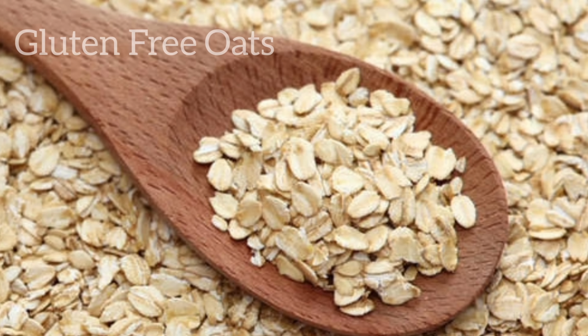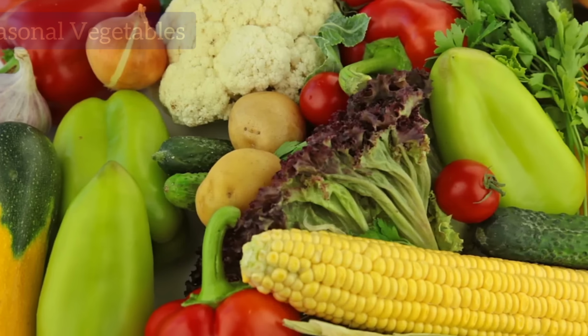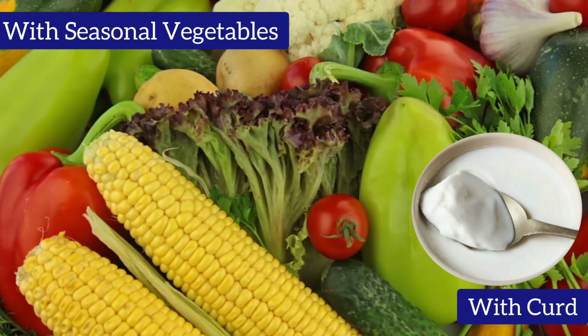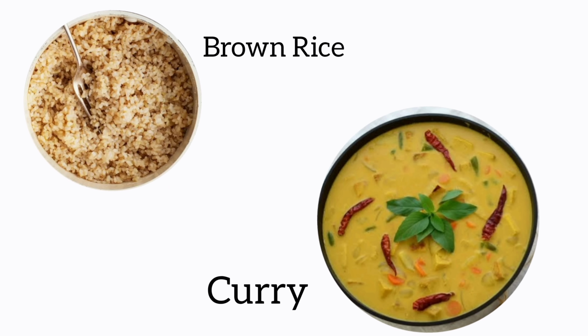Oats roti can be prepared by grinding gluten-free oats at home and preparing a flour out of it, and preparing fresh chapatis with oats flour. Have it along with any fresh seasonal vegetable or sabzi prepared at home and along with a good full bowl of curd. Second option can be 100 grams of cooked brown rice along with any curry,